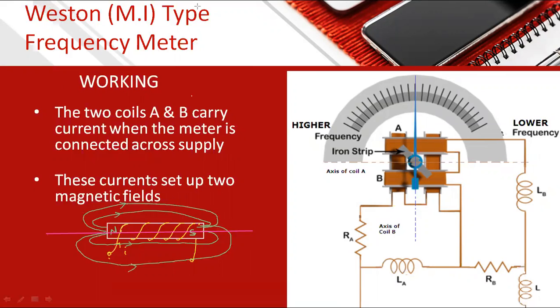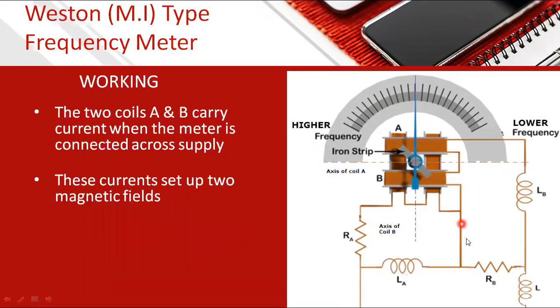Similarly, coming to our instrument here, for this measuring instrument, if current through the coil increases, the magnetic field intensity will increase, that too in the direction of the axis of the coil. If current through coil B increases, we'll have the axis as shown here. Now let us go further.